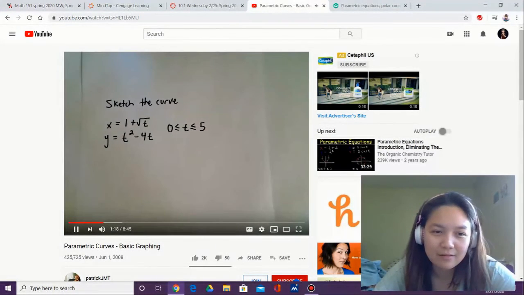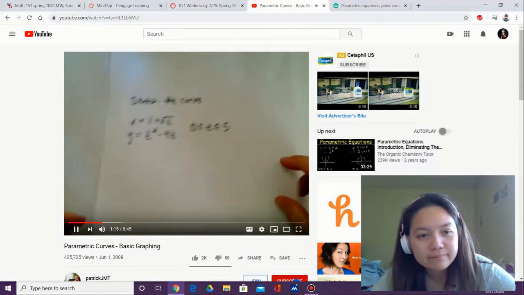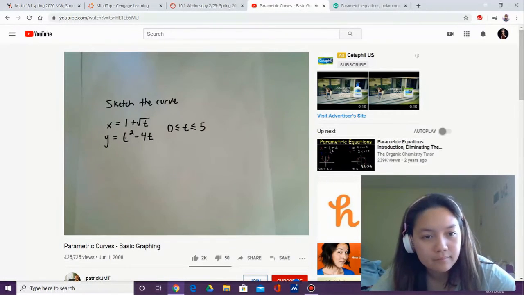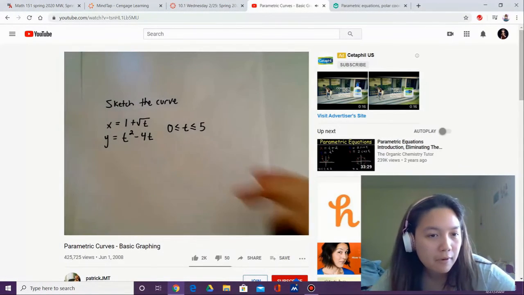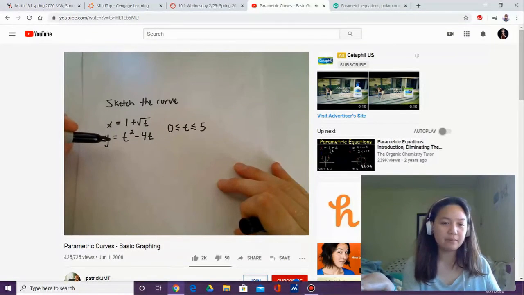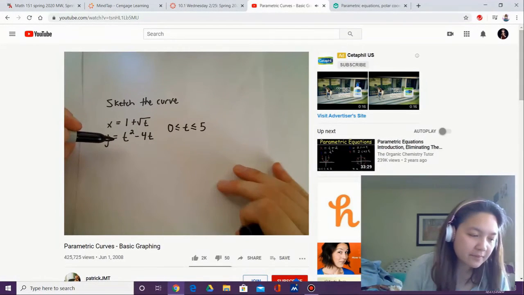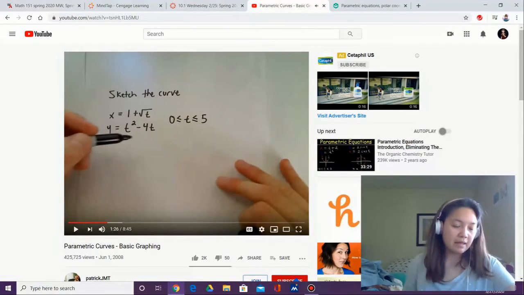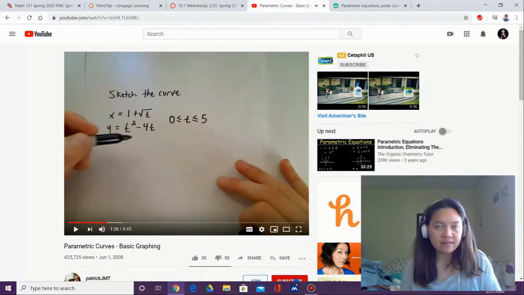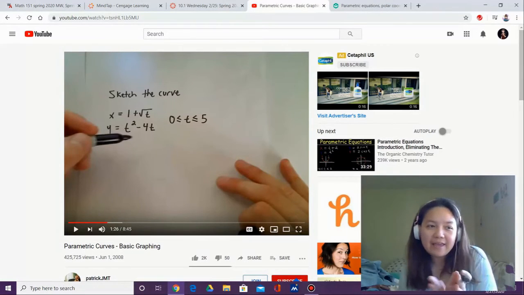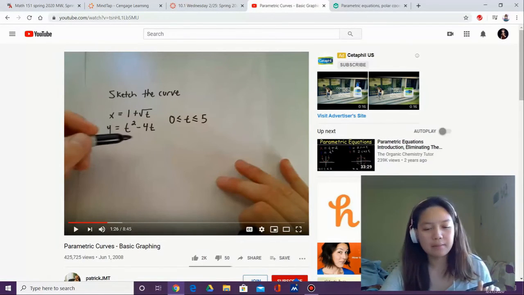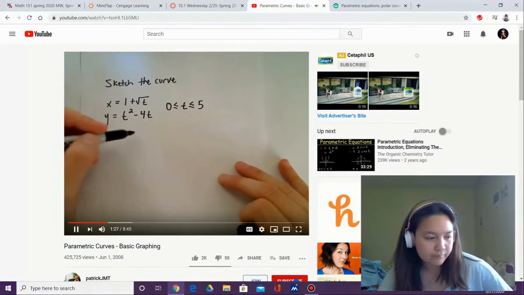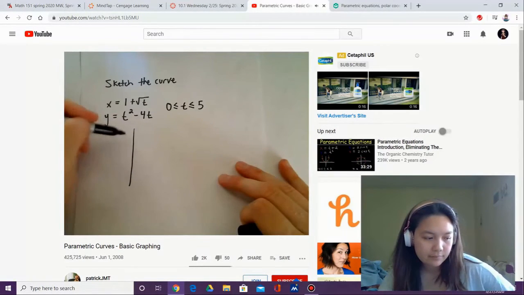So suppose we want to graph the parametric curve x equals 1 plus square root of t, y equals t squared minus 4t, and t is between 0 and 5. Normally you might make a t-chart, sometimes what are called t-charts,